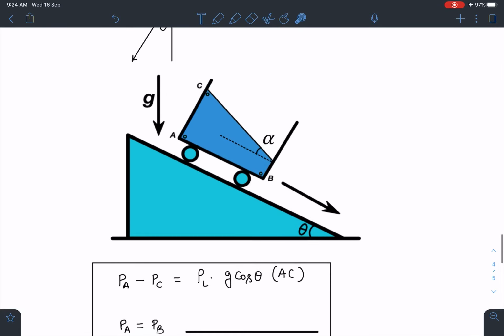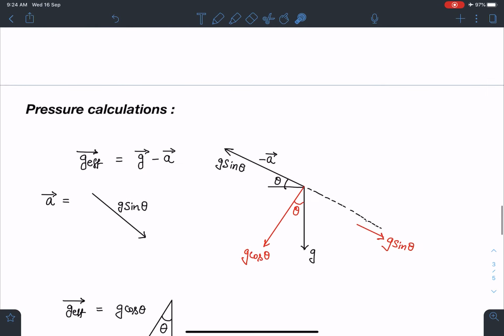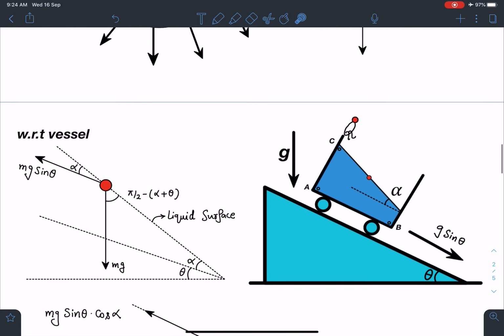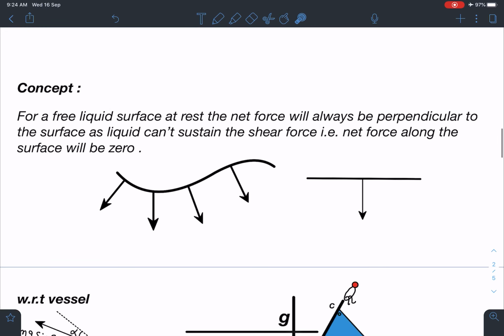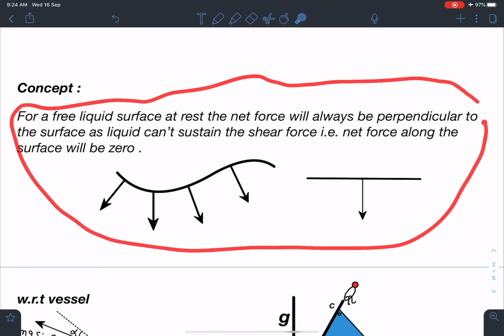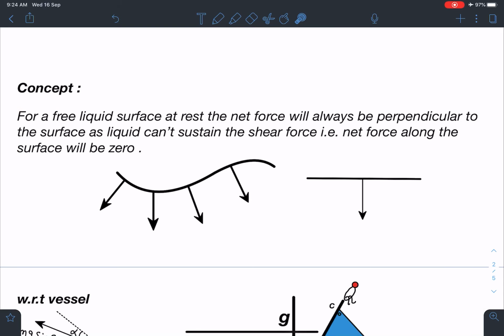I hope you have enjoyed this solution and you have learned something new. This concept reduces the calculation significantly. So you can use it wherever you find such a situation. Even if liquid is rotating, you can always use that concept where we get parabolic surfaces. It works there also, it works everywhere.